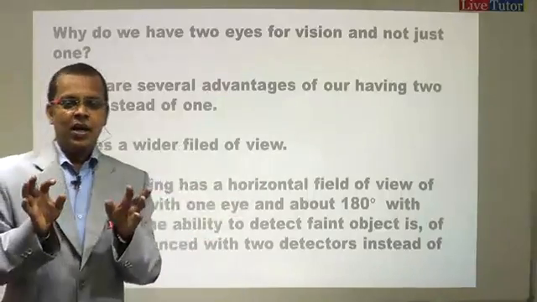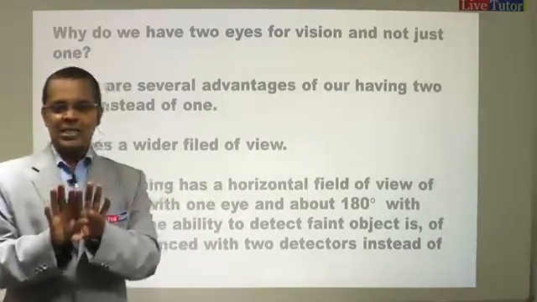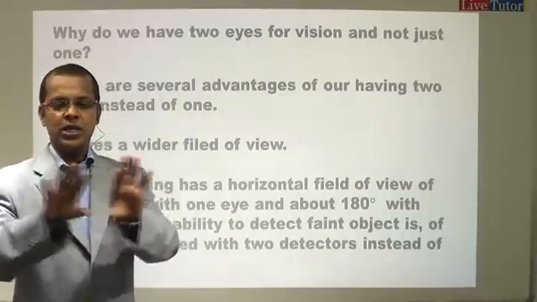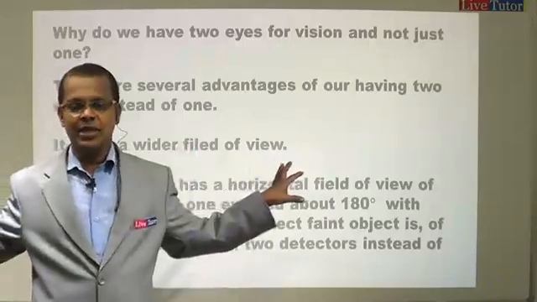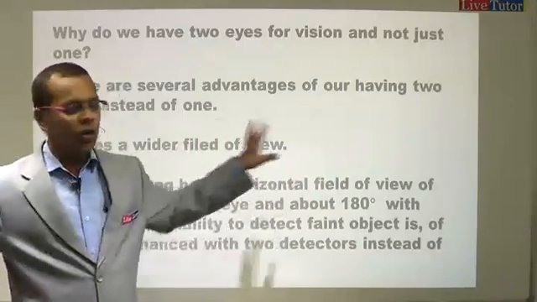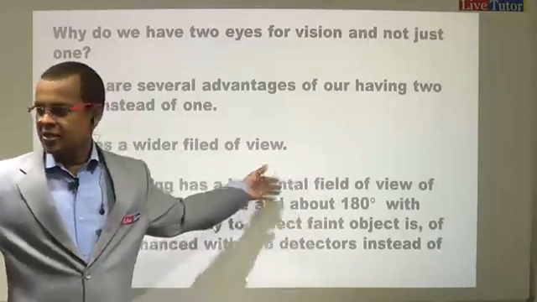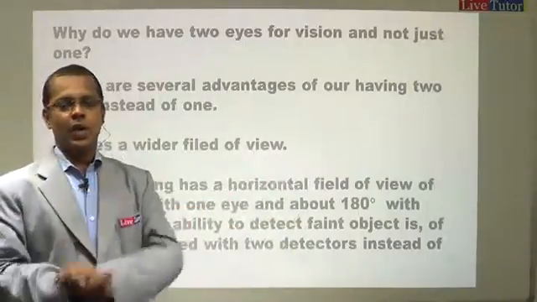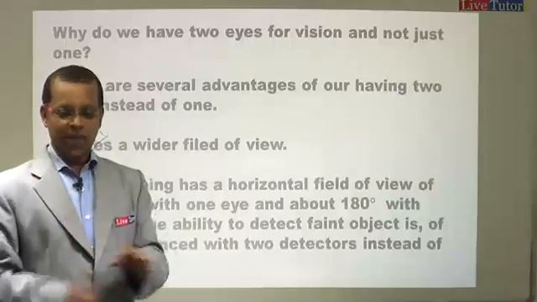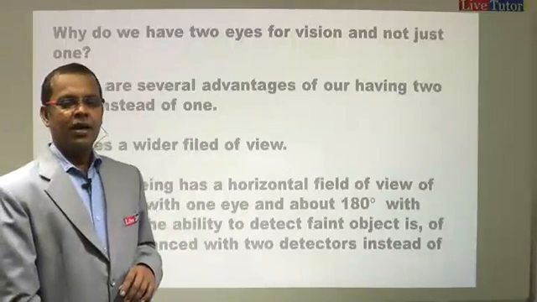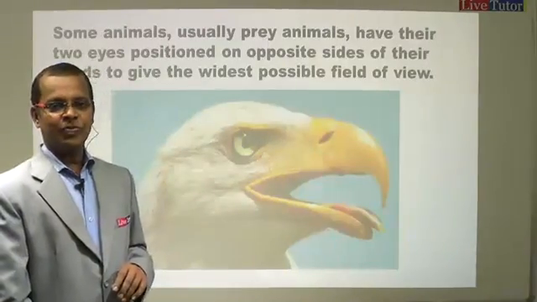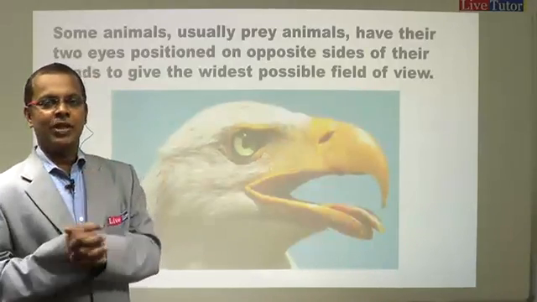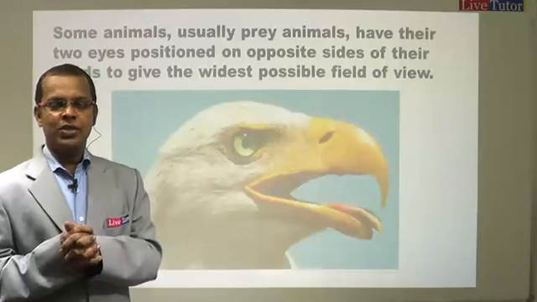So to enhance the ability to see faint objects, that is very long distance objects, on both the sides, is enhanced by having two eyes. And also the other one is what we call binocular vision. I don't know whether you are able to grasp the point. The binocular is the one which will give you